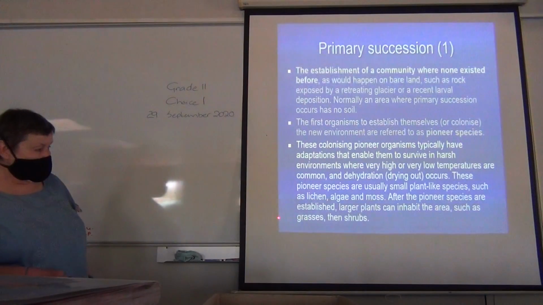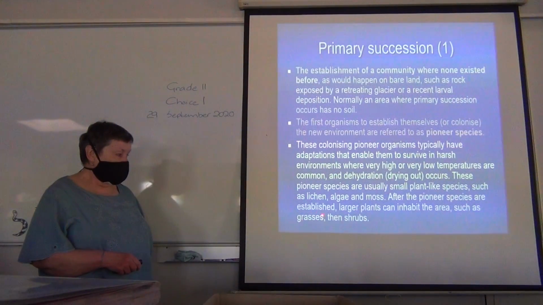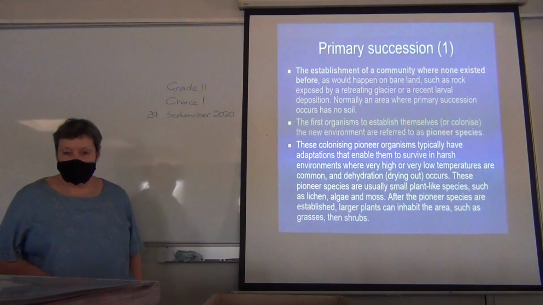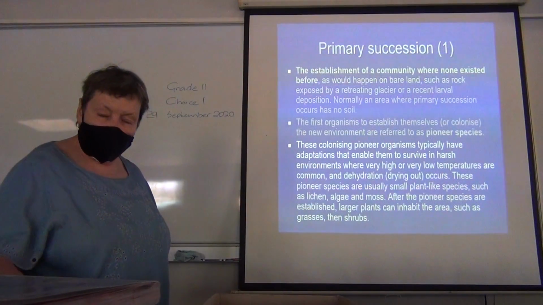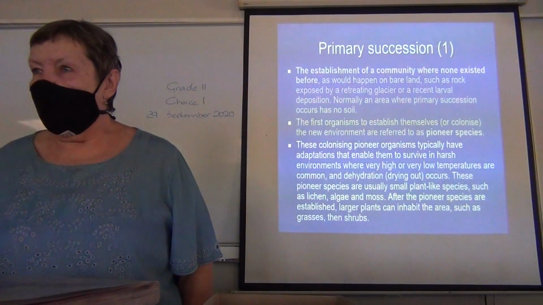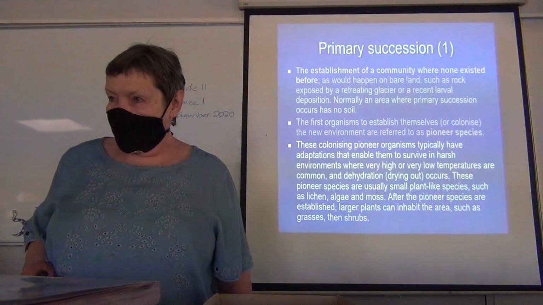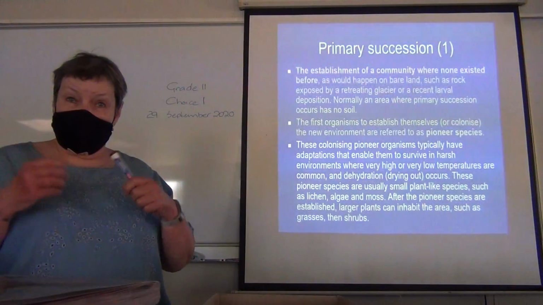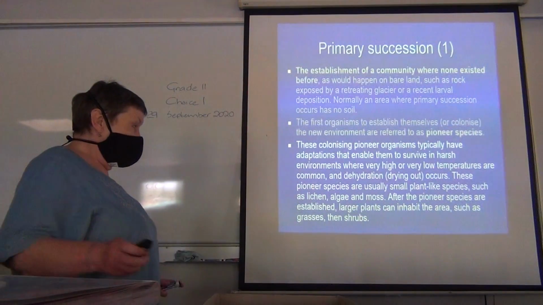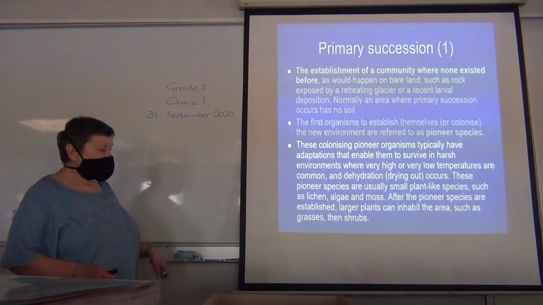After the pioneer species are established, larger plants can inhabit the area, and these, for example, would be grasses and shrubs. How does soil form? Come on, you geographers. Do any of you do geography? Erosion and weathering. So rock gets broken down and it forms little particles of soil, and then as soon